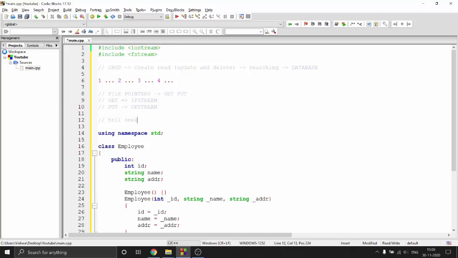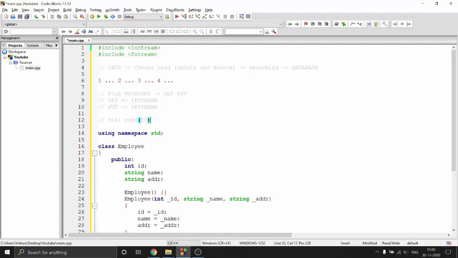So whenever we're working with a cursor, what do we need? I just want to know where this cursor is blinking, and I want to move this cursor to some place, right? So I have these 2 functions, and they're the variations. tellg is for the get pointer, tellp is for the put pointer. Similarly, you have seekg for the get pointer, and seekp for the put pointer. And what tell does, it will just tell you where the cursor is, and seek will move the cursor for you. So you can just pass in like 10 bytes, and it will move the cursor 10 bytes, right?